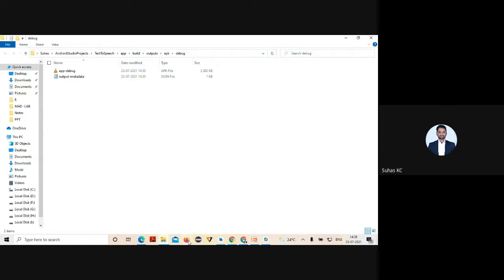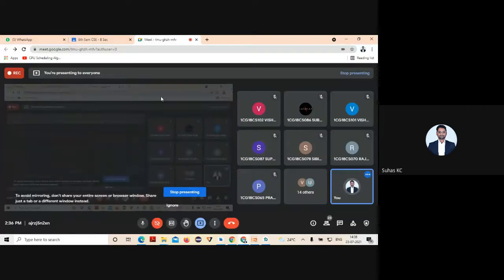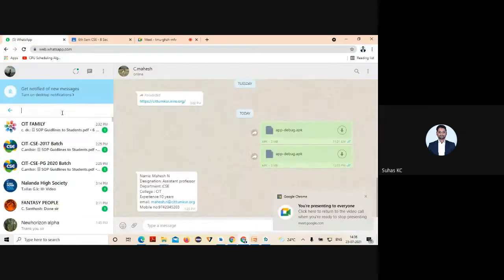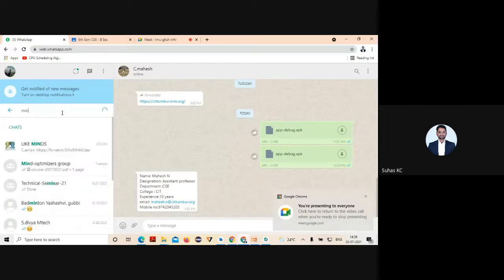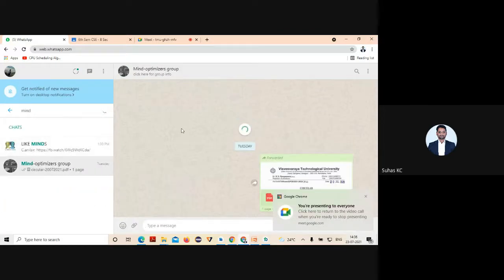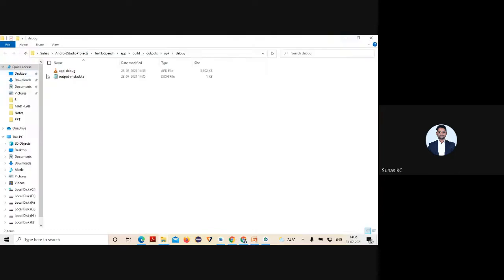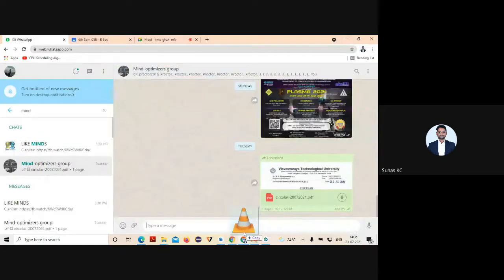If you want to check the output, you transfer this APK file to your friends or whoever it is.